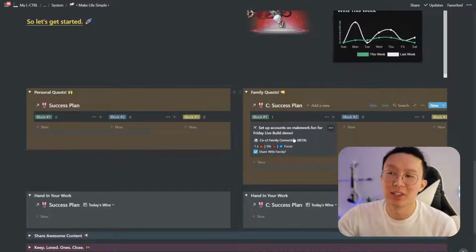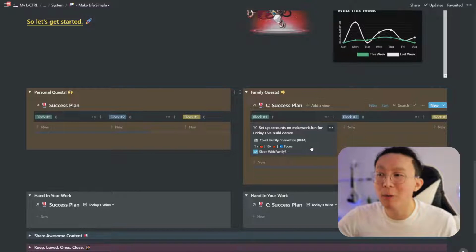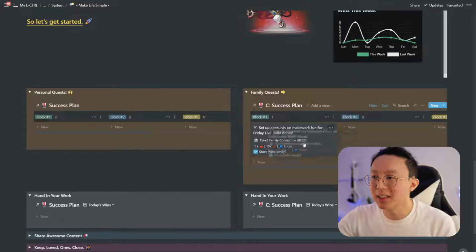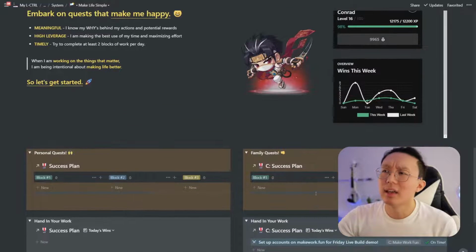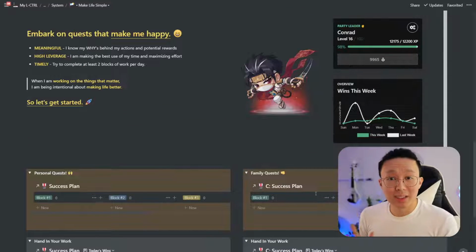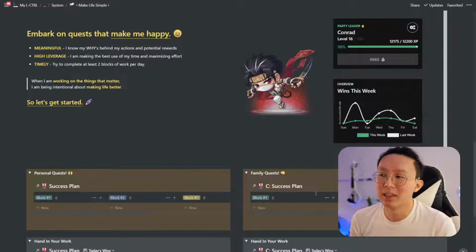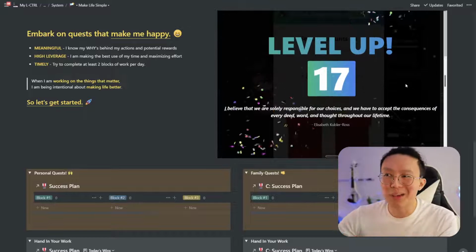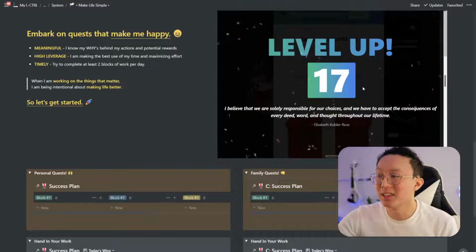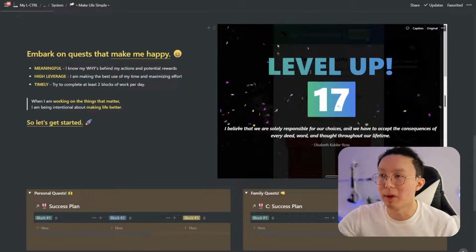Let's say I finished setting up accounts for this demo, which I have, and it took me 1 Pomodoro. Amazing. Let's send this in. I'm going to drag this to today's win. Okay, I'm going to drag it like that. The API usually takes around 30 seconds to 1 minute to pull up. It does a run every single minute to check for new wins. And when it does, boom, I leveled up, right? You can see that it looks like this in this view if it's inside my embed window.